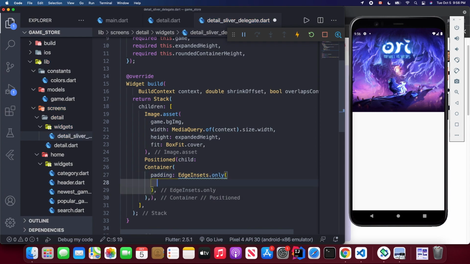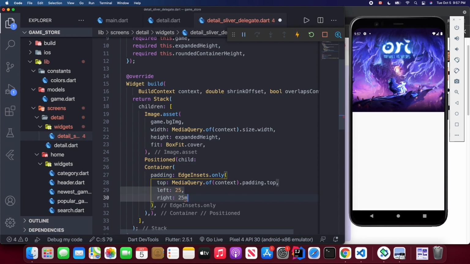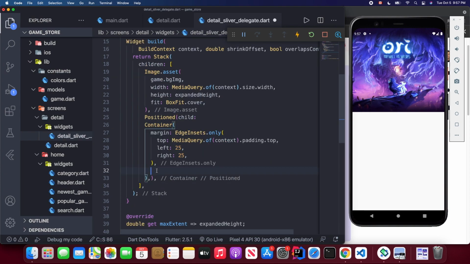Okay, so for only, I'm going to use top. MediaQuery of context, padding the top, and also left just 25, and right also 25. Okay, we can change it to margin. Okay, and this is for the container margin, and also we have